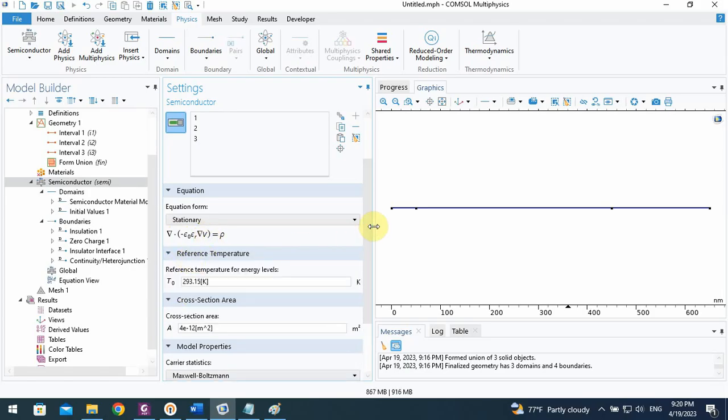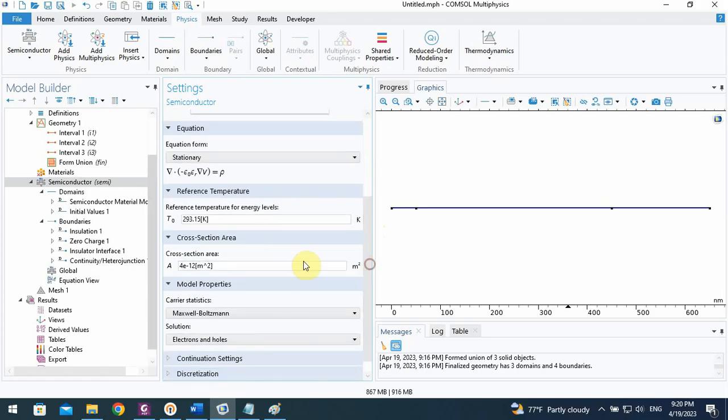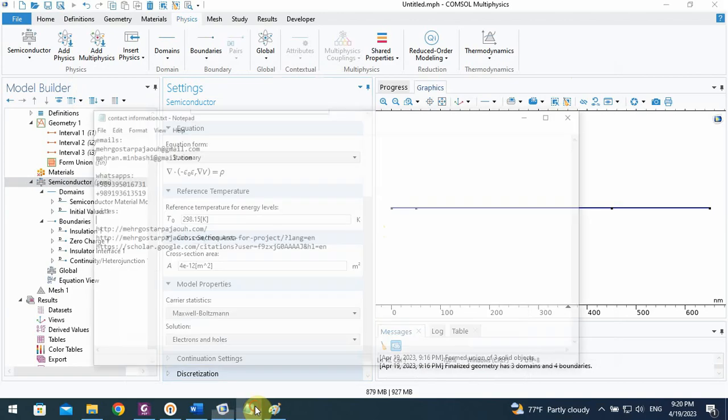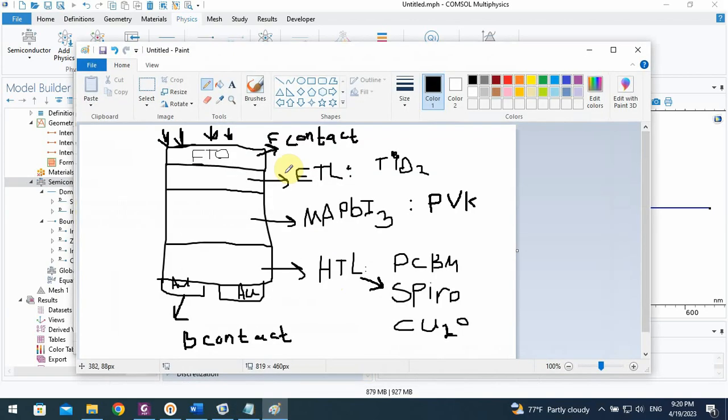Okay, I can use the reference temperature. The reference temperature in COMSOL is defined 293.15 Kelvin. Maybe it's better to be 298, as we want to consider the 25